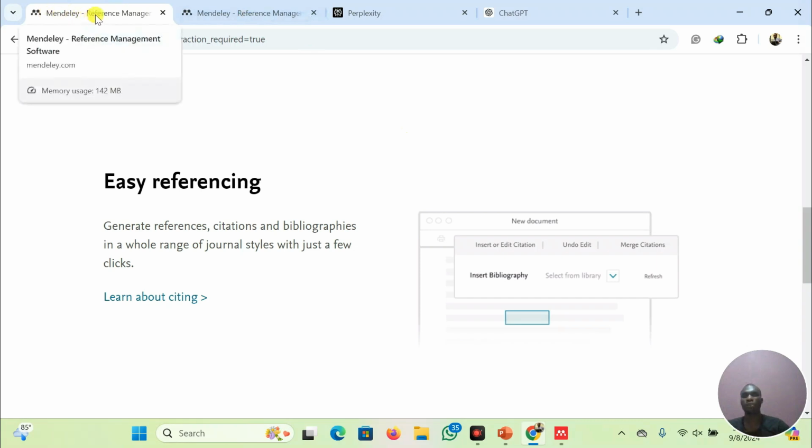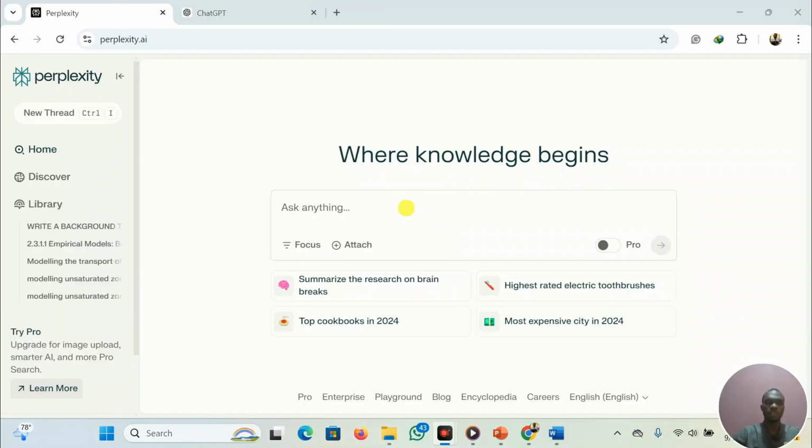I may not have told you before now, Mendeley is for referencing your work. Mendeley helps you with proper referencing. So it is a reference management software that can help you to order your referencing in any style that you would want to reference. So the next thing will be to open the Perplexity AI website,